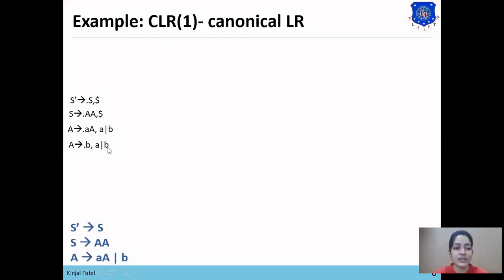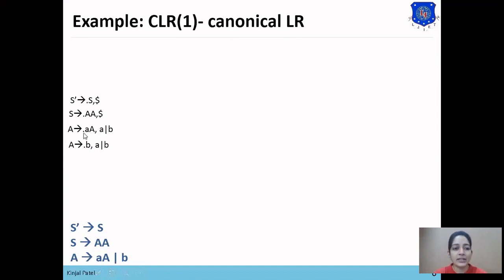How have these two productions been derived from S derives dot AA? Here dot is present at the beginning of A, that's why we have added these two productions. So we'll check for the term between this A and comma. As there is non-terminal A between A and comma, we'll find the first of A and dollar. So first of A is a and b. That's why we have added look ahead a or b in these two statements.